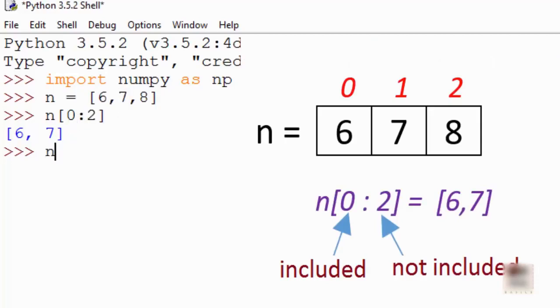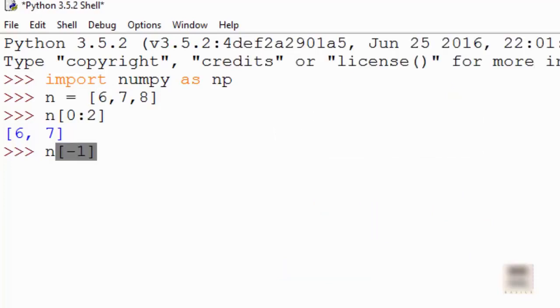It also supports the -1 index. So -1 means start from the end. So it will print the very last element. Okay. Now,